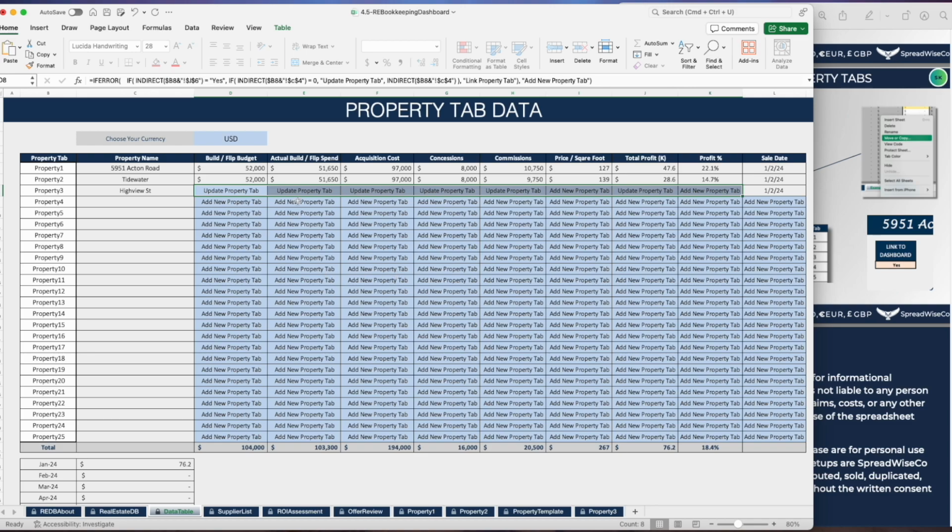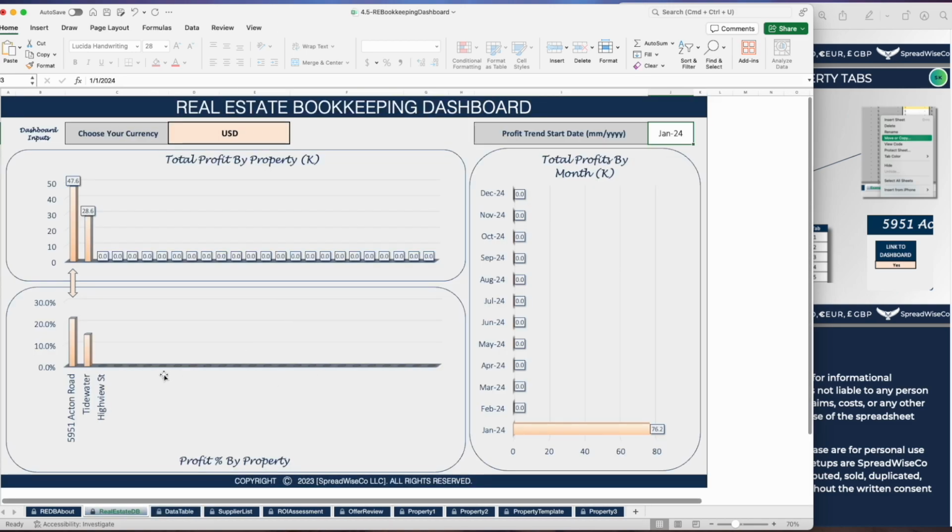So you do that for as many times as you need. You also notice on the dashboard, now it says Highview Street. That third one's pulled in here. There's no data, so there's no bar charts. But I will notate, on these two charts, they're not tied together, but the arrow reflects